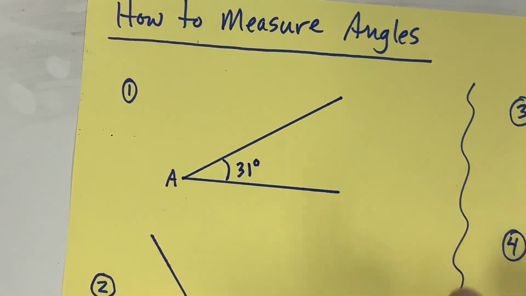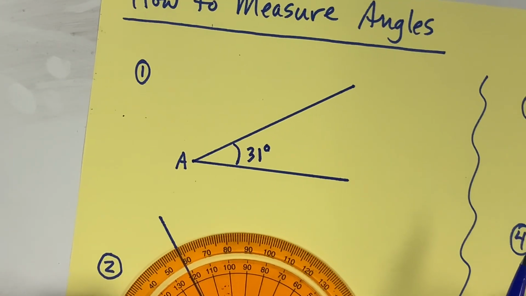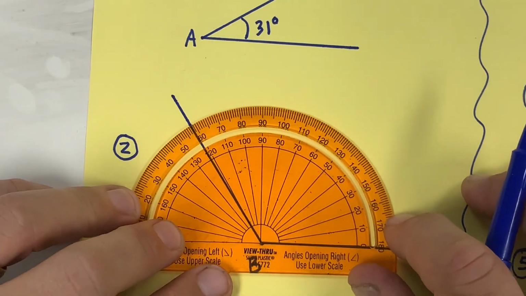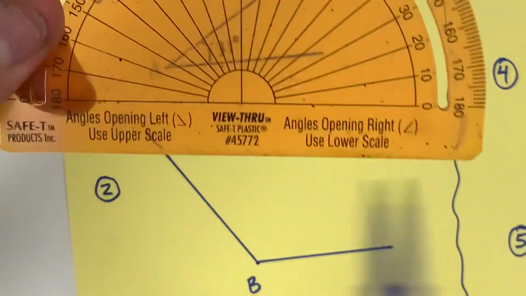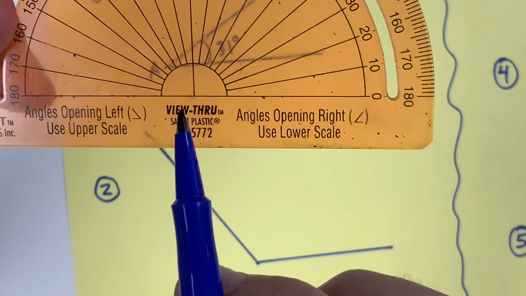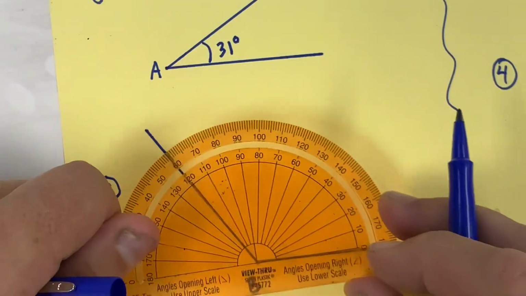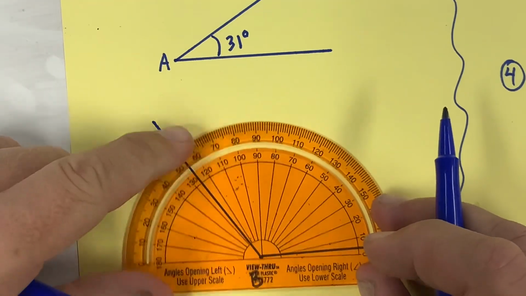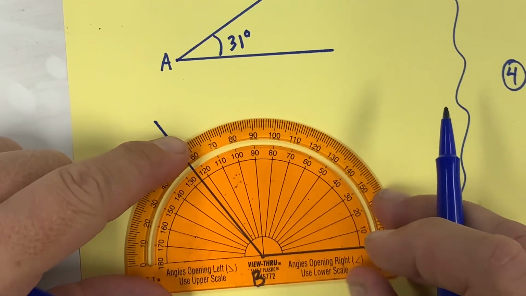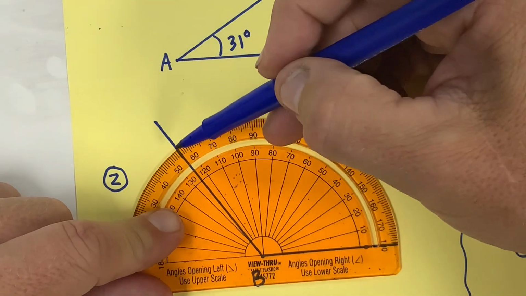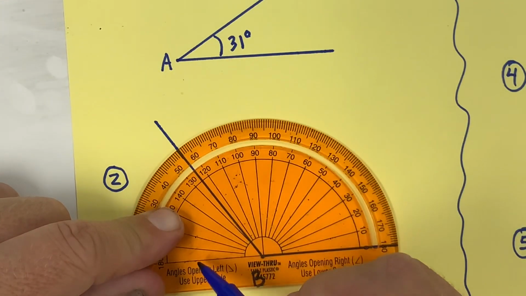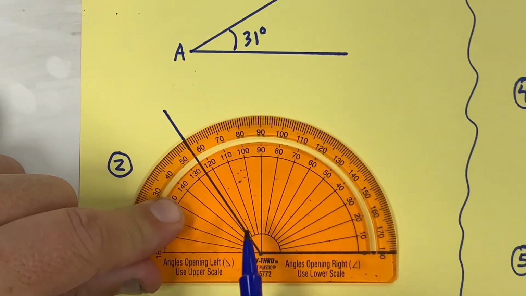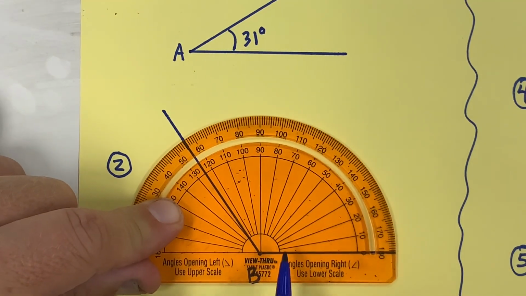Now, if I go to this next angle over here and measure this second one, see how there's a T here on the protractor. One of the sides of the angle has to be on that T. So I'm going to choose to put this side right here on the B, nice and carefully straight along there, and then measure that. You'll notice that this one comes out right at about 55 degrees, but that's not 55, that's 55 this way. I have what's called an obtuse angle, where it's larger than 90 degrees, and